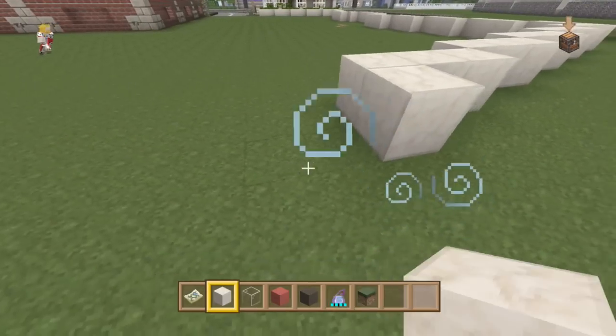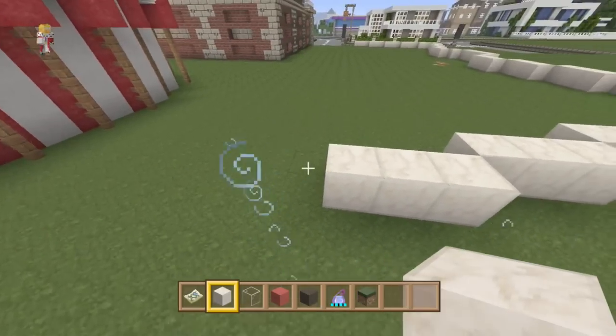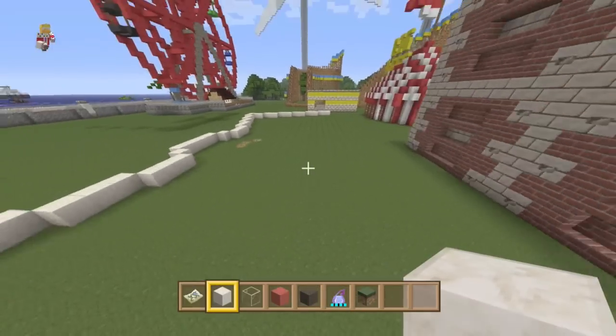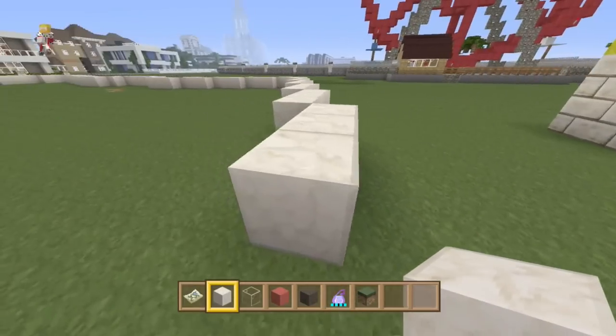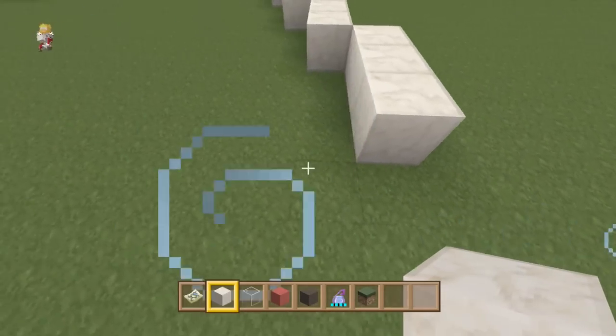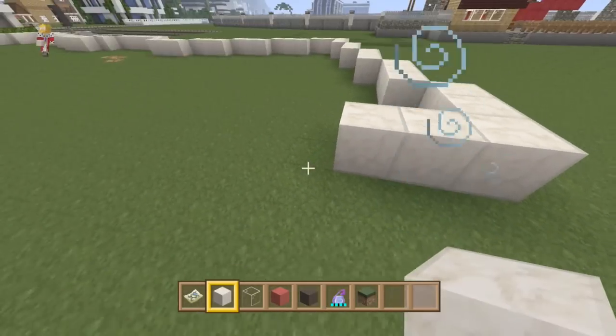Okay, let's do... Can we do one more? Okay, and we're going to do one... Oh, we can't do one more on this side. Okay, we'll take that away. That's fine. We don't want to get too close to the entrance of this anyway. Okay, so then this is the back. So then what we're going to do is we're going to come...